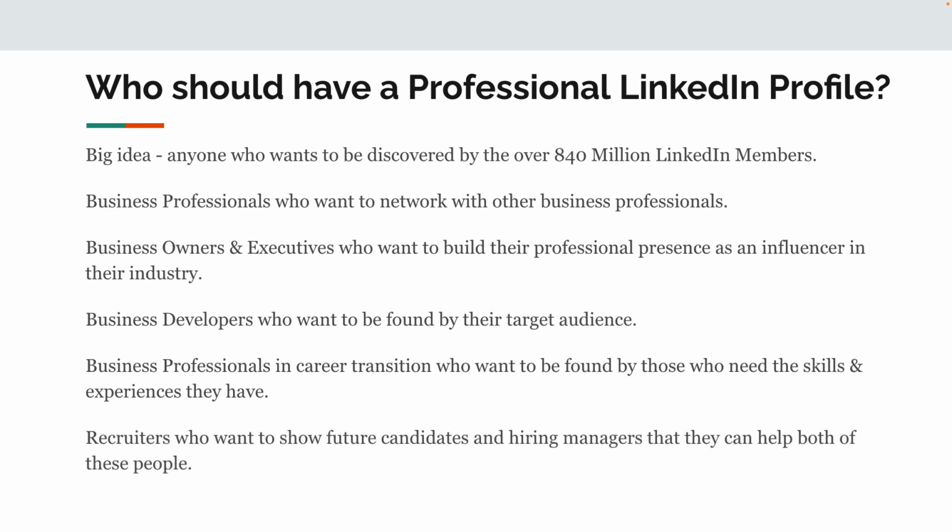And recruiters who want to show future candidates and hiring managers that they can do the work they need to have done. You can show the company and you can show the client, the candidate, that you are involved in your industry, you're involved in the space that you do recruiting in, and you understand both sides of this equation. You need a professional LinkedIn profile.